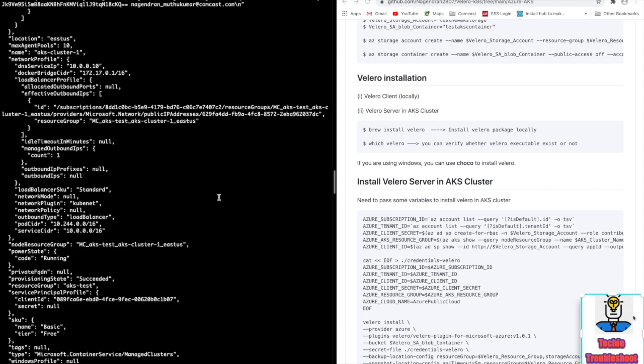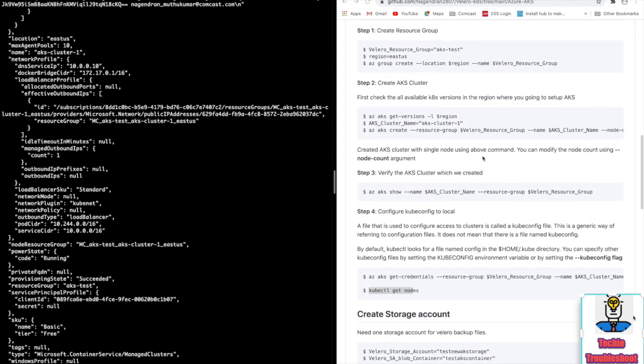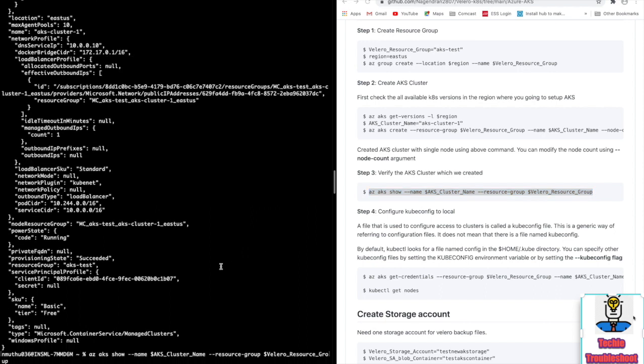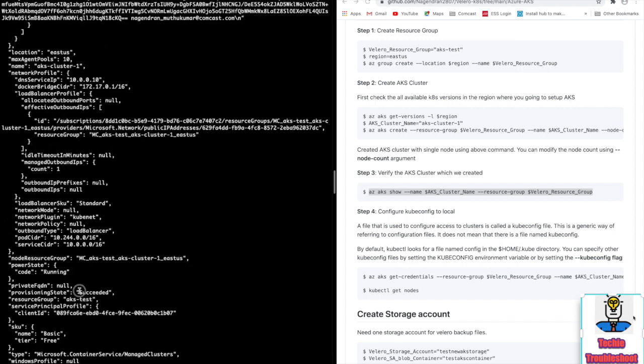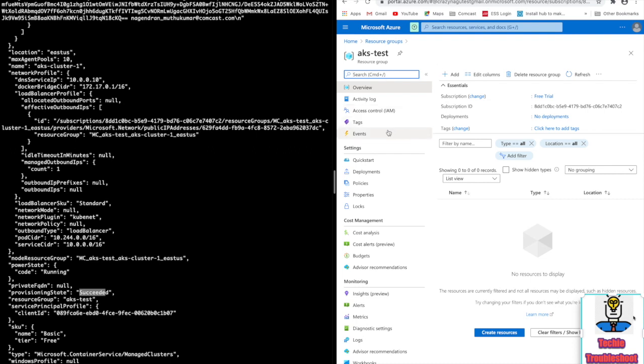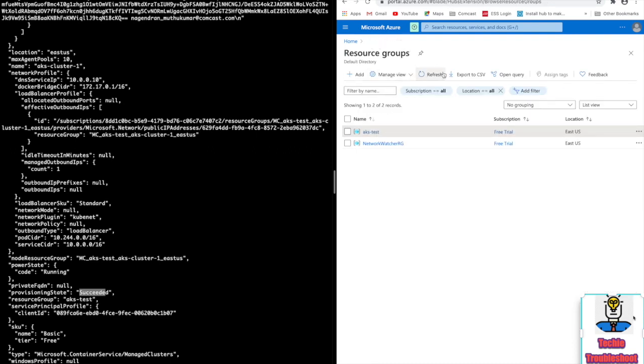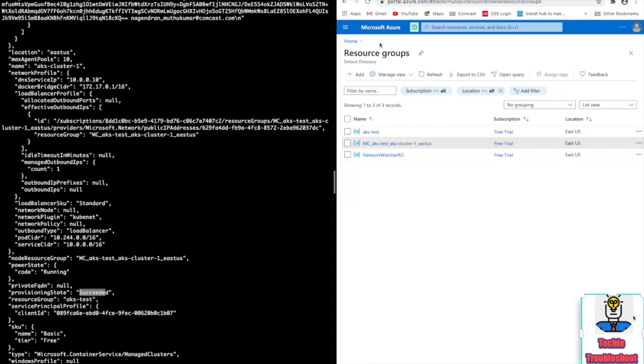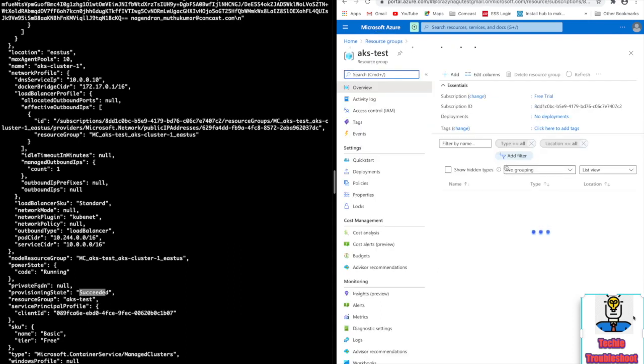So the AKS cluster is created. Now the steps are how to verify the AKS cluster. Provision state is succeeded. We can verify in the UI as well. The resource group is created for Kubernetes. Okay.